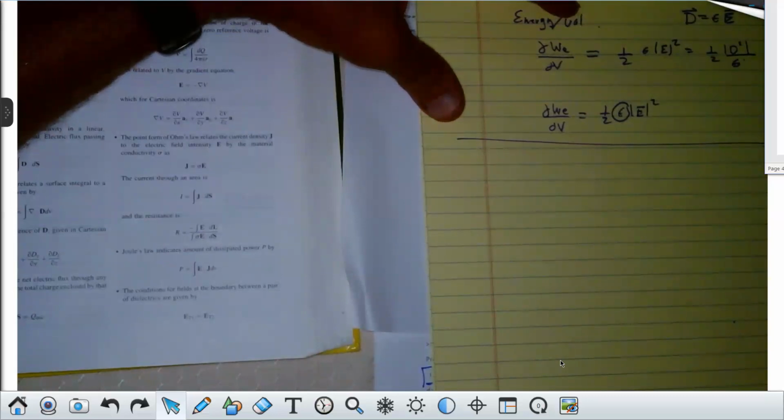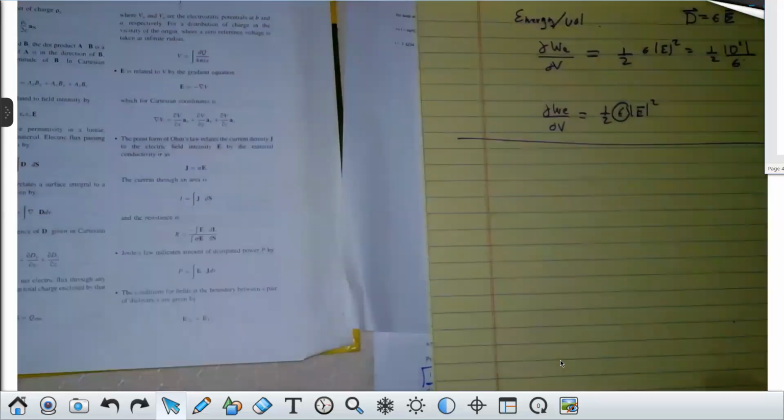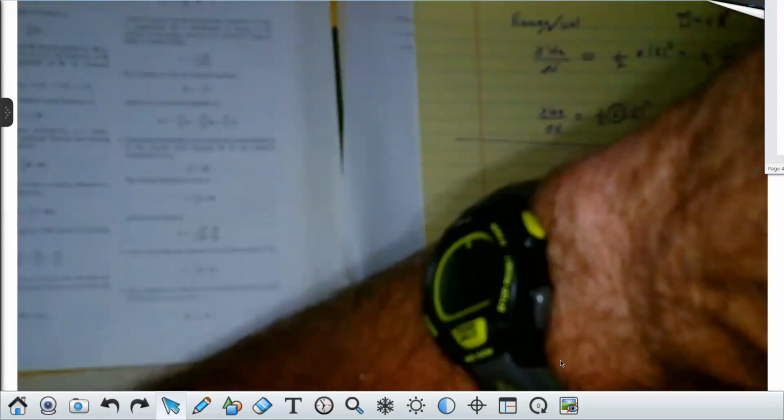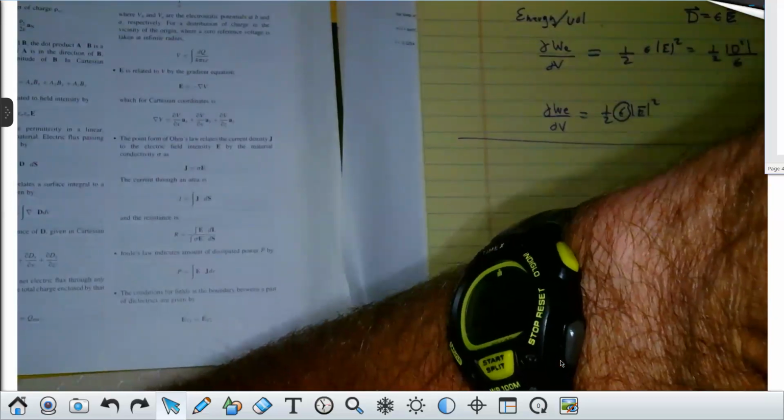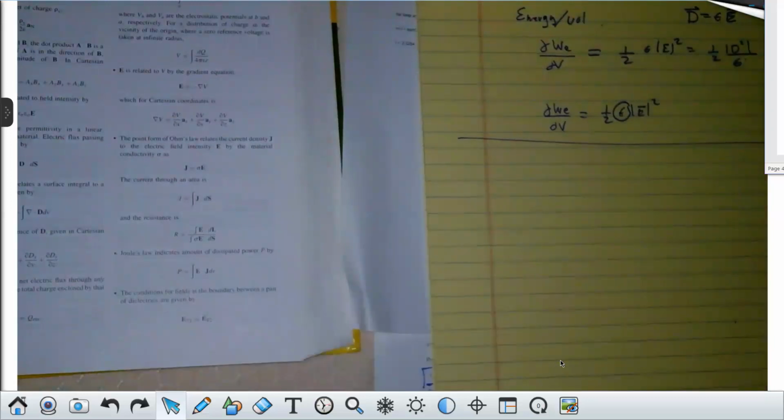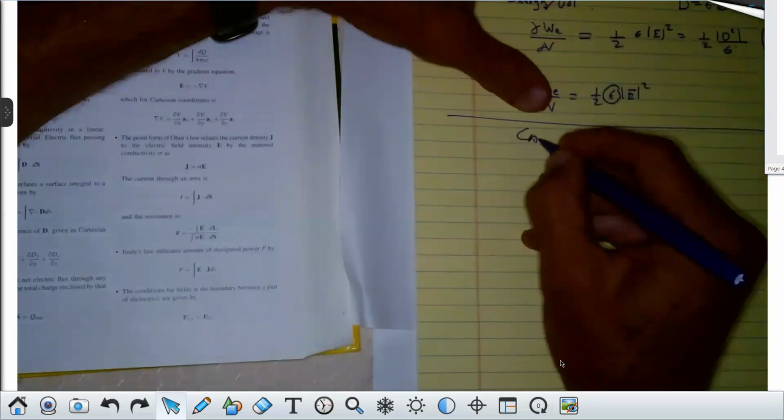I'm going to start. How many have heard of the term capacitance? God, I hope you all have. If you haven't, you haven't taken physics. Your physics professor should have done a fair job at making you aware of what capacitance is. And so when we talk about capacitance,